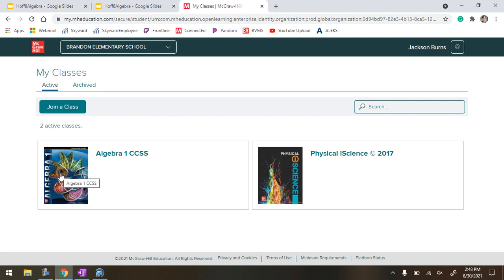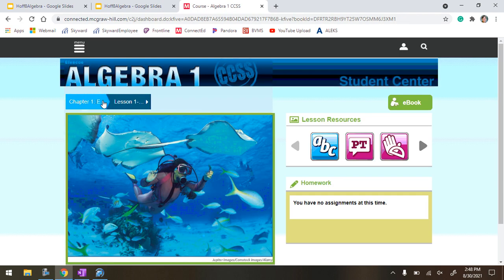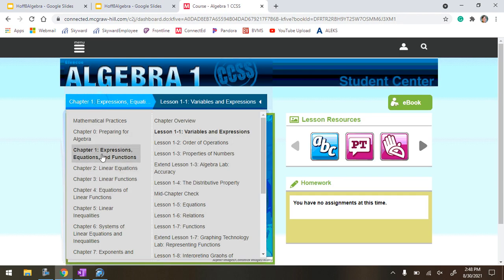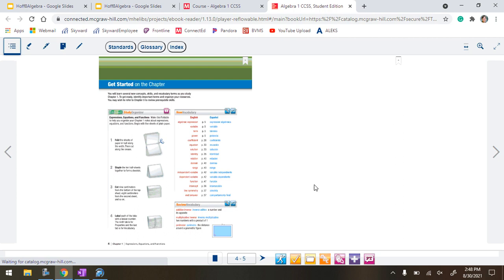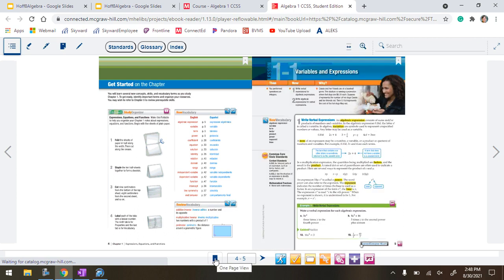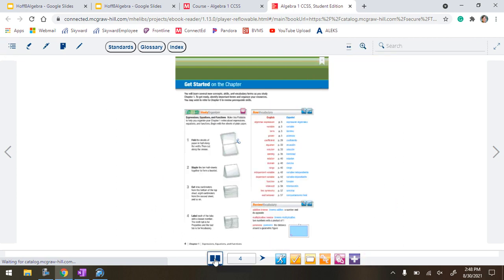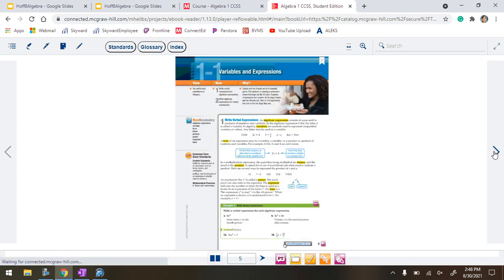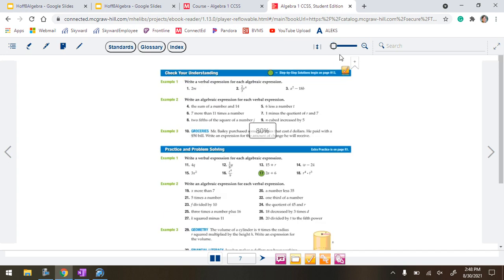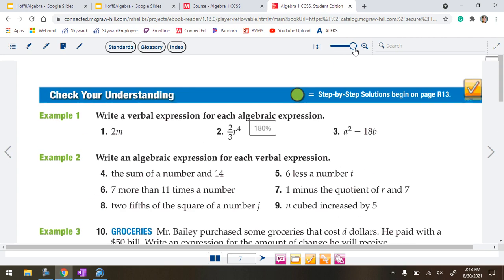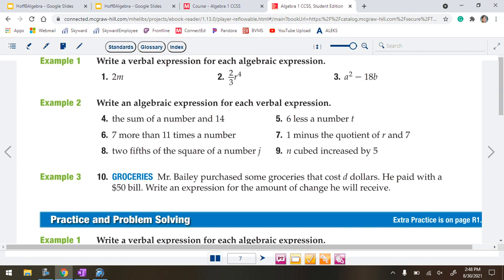All right, so then you go into your algebra book. And I know we went over this, but I'm just going to go over it again. This is where I would select chapter 1, lesson 1, and then click ebook. I hate that it's 2 pages, so right down here, you see where my mouse is at the bottom. If you click that, it'll just go 1 page. So then you just click, those are notes, those are notes. As soon as you see the blue line, that's where your homework's going to start. So I'm going to use the zoom function, and here's where you'll find your problems.